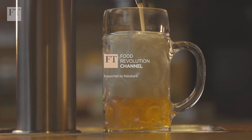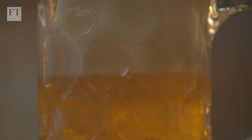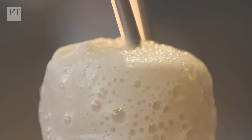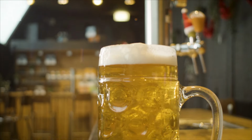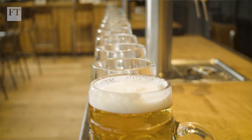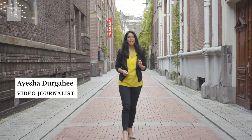Making this heady product of fermented hops and malted barley is a thirsty process. From start to finish, to make just 1 litre of beer takes on average 90 litres of water, but that may be changing. The industry is working towards reducing the amount of water it uses, focusing on every stage of